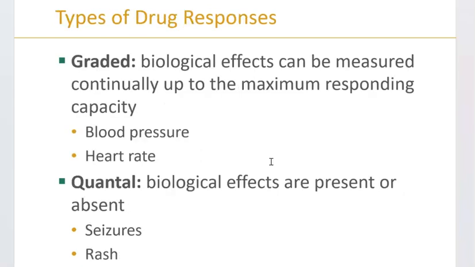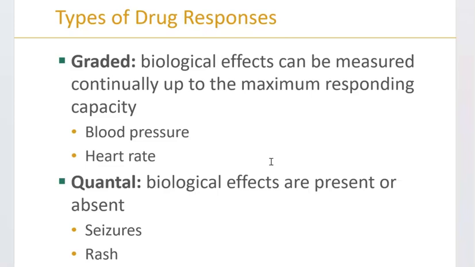There are two different types of drug responses. We have graded or quantile. Graded means that we have a targeted number, a concrete number that we can grade or record. The examples your book talks about are blood pressure or heart rate, right? I can give you a drug and I can measure and grade that drug for heart rate, brought your heart rate from 120 down to 70. Or maybe the next person it came down to 80. We can grade that biological effect because it can be measured.